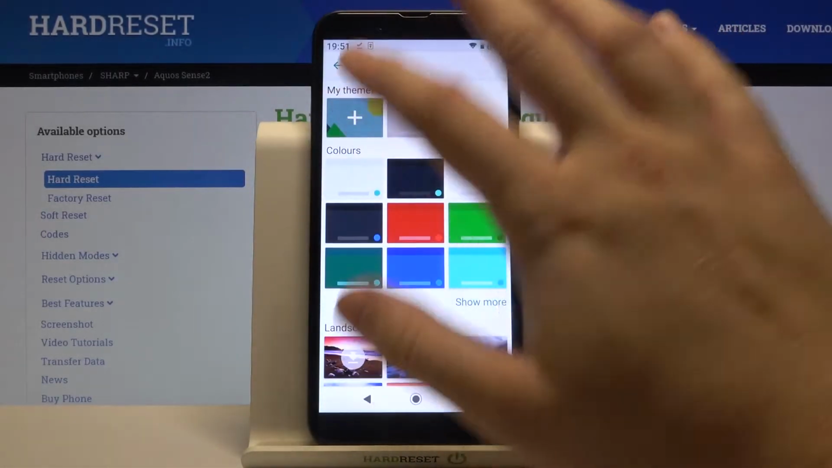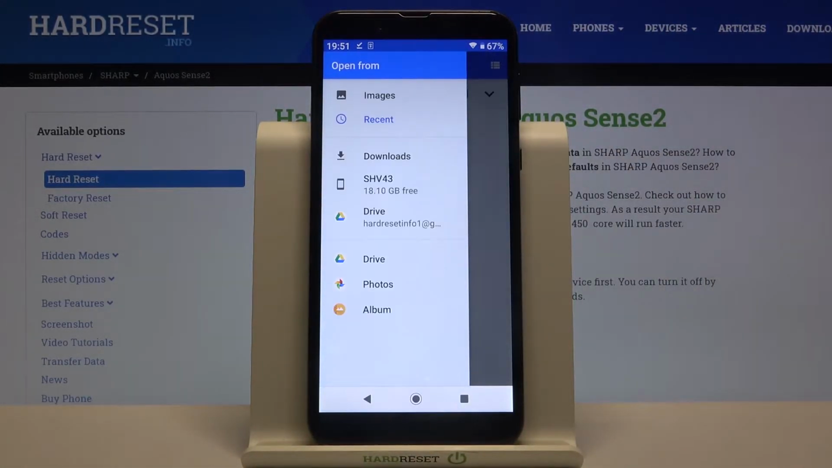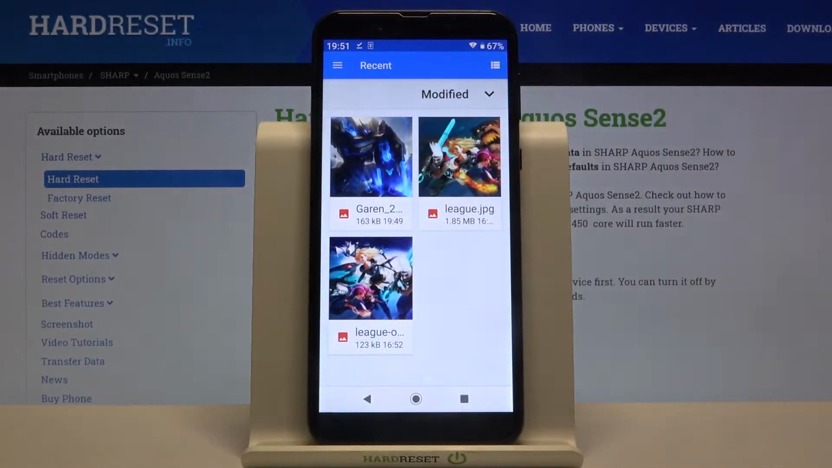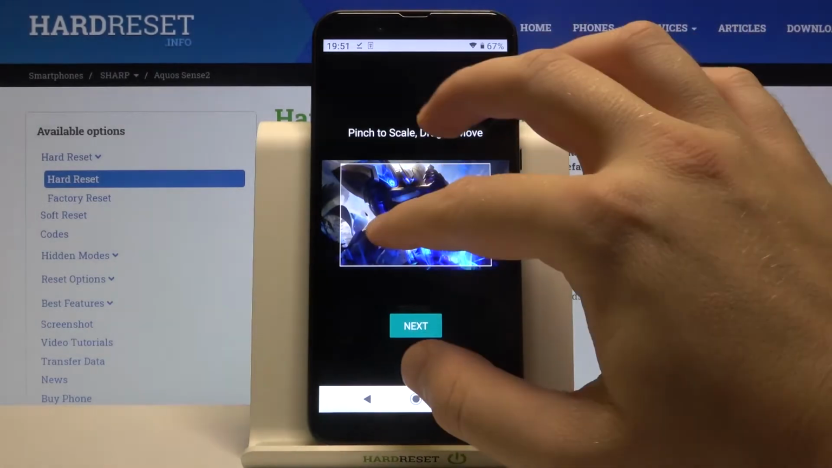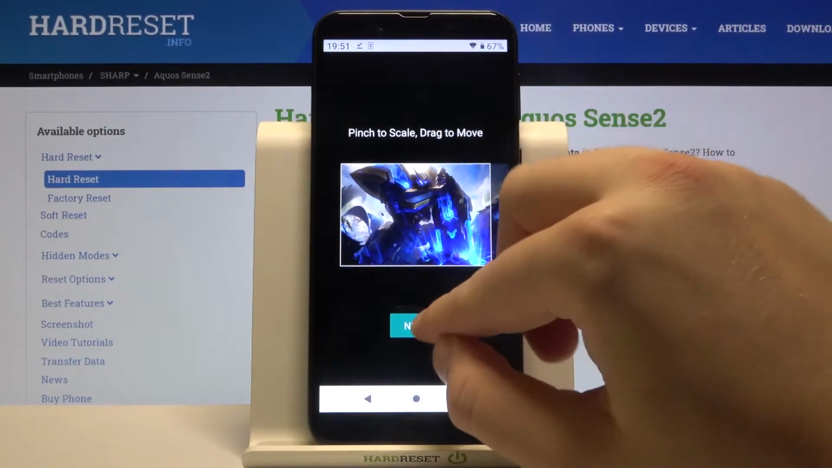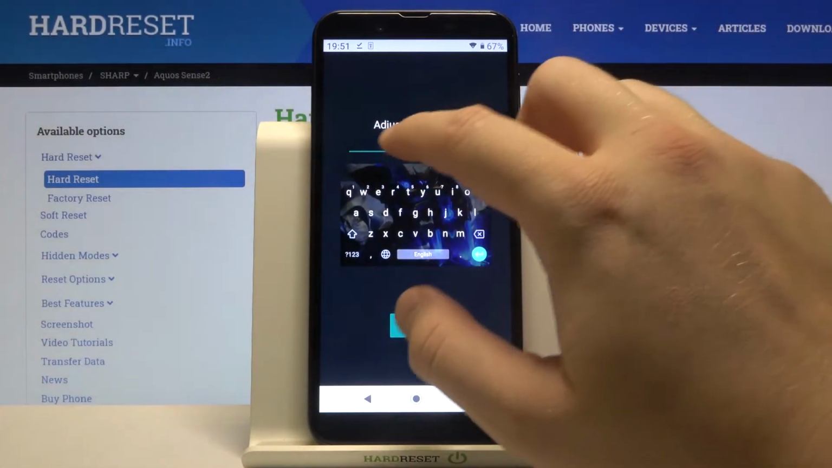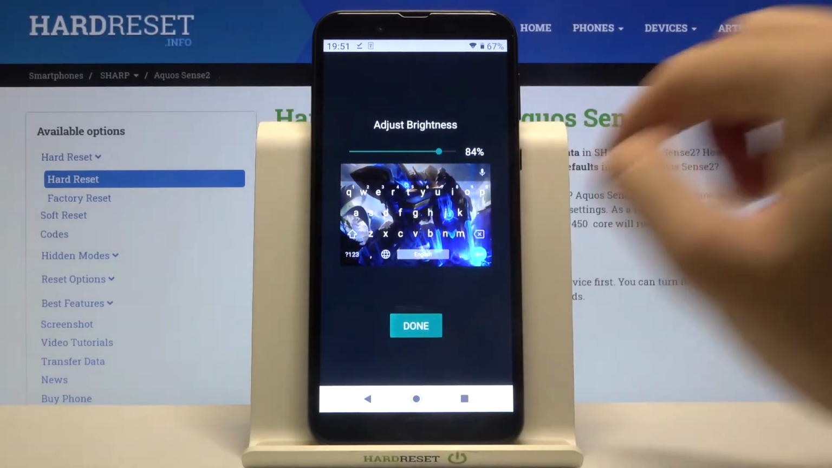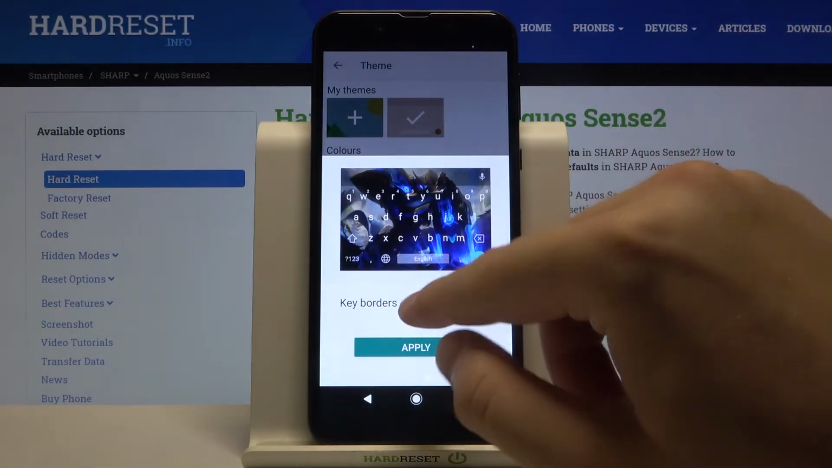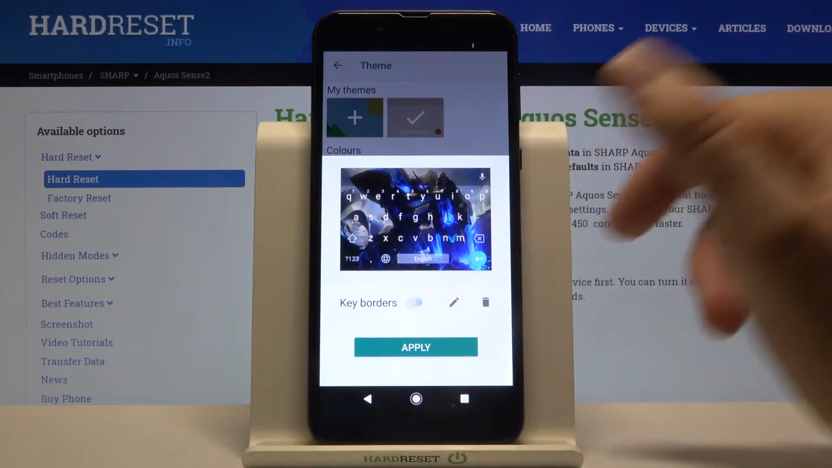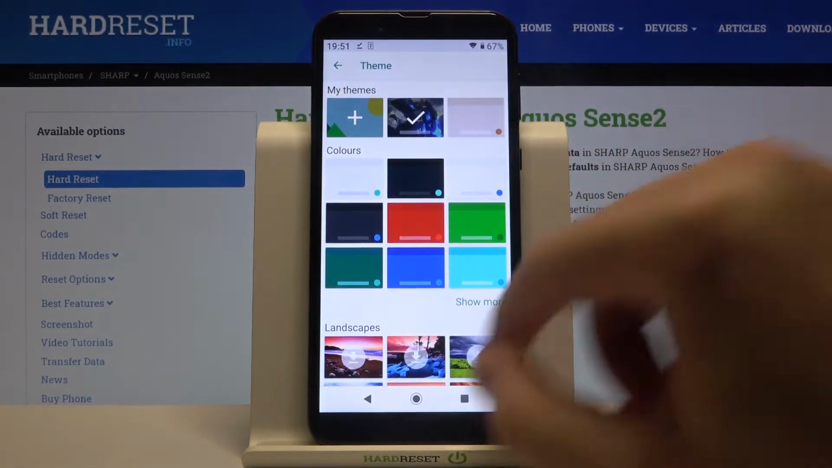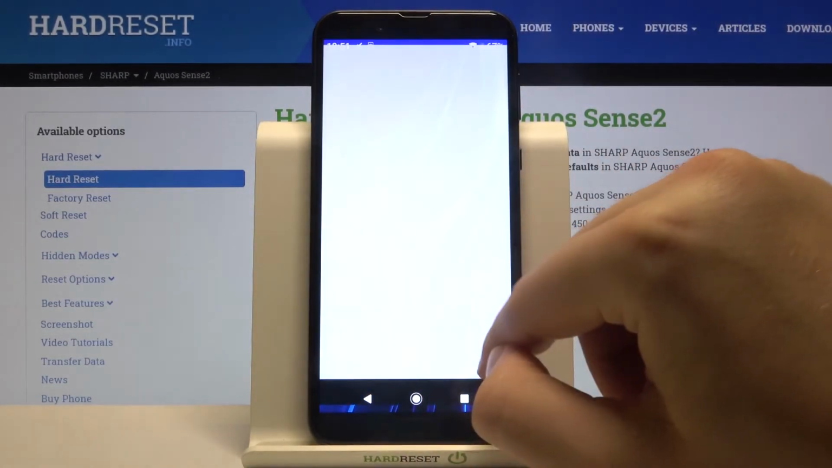Right now we have to move right here, and from the gallery we are able to take our favorite picture. Right now we can scale, click next, set up transparency of this picture, click done, and we can turn on or turn off key borders, click apply, and right now, as you can see,